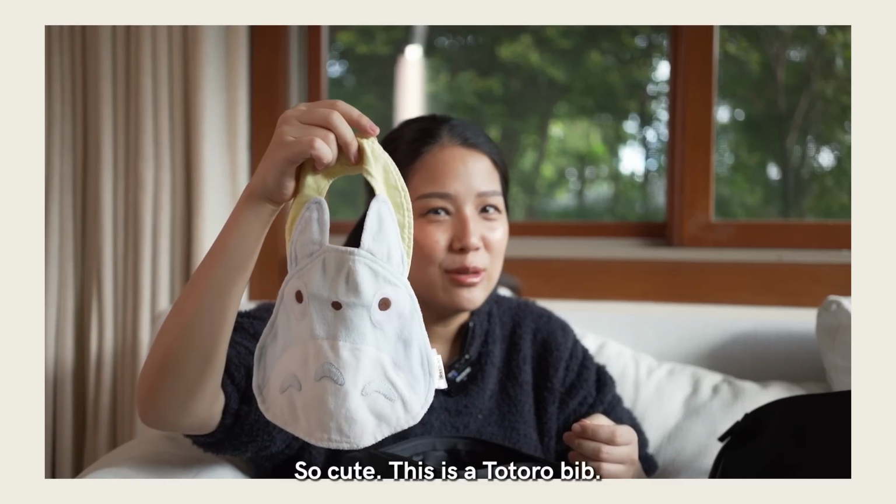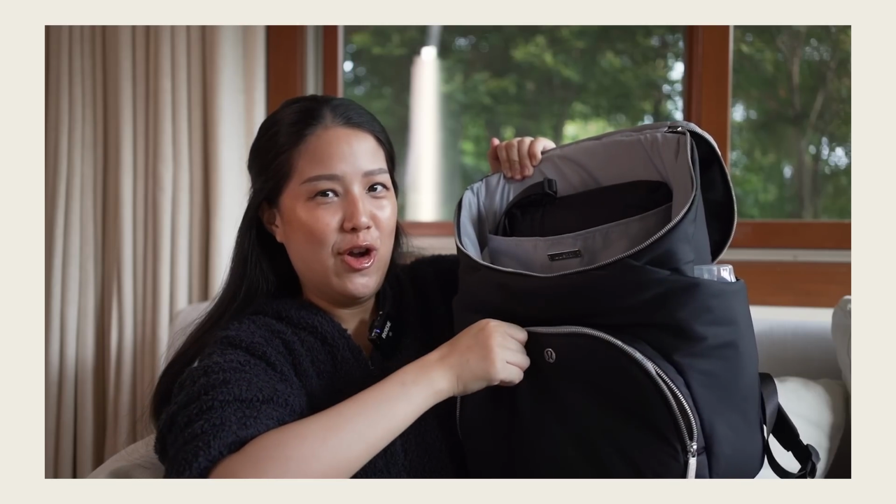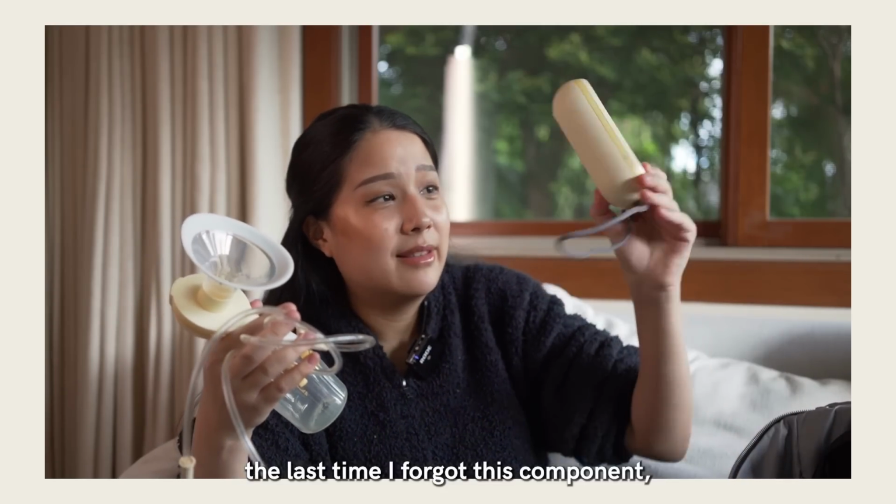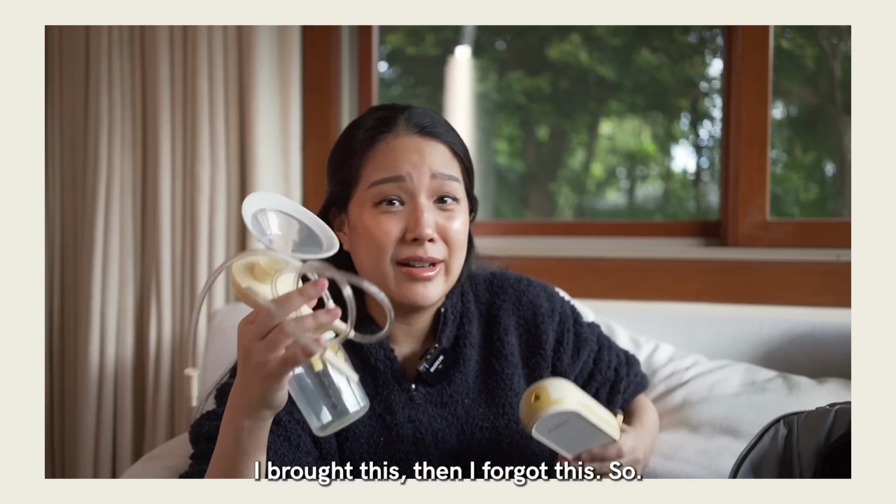So cute. This is a Totoro bib. I don't know. And last time I forgot this component. I brought this, then I forgot this. So